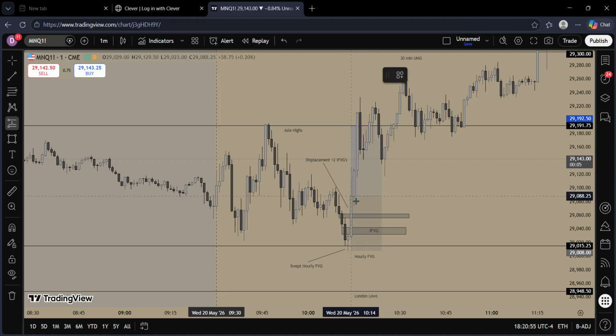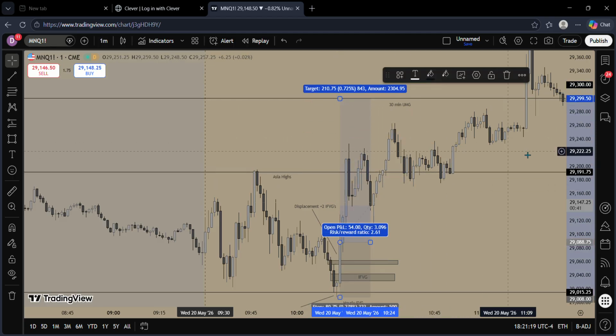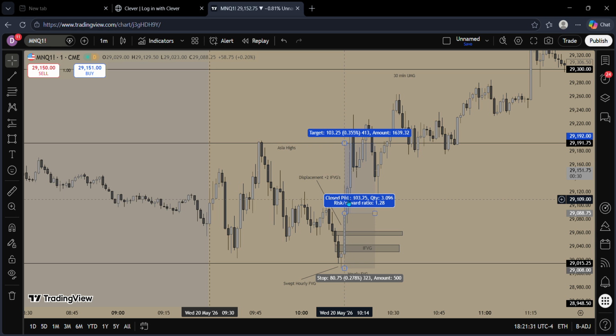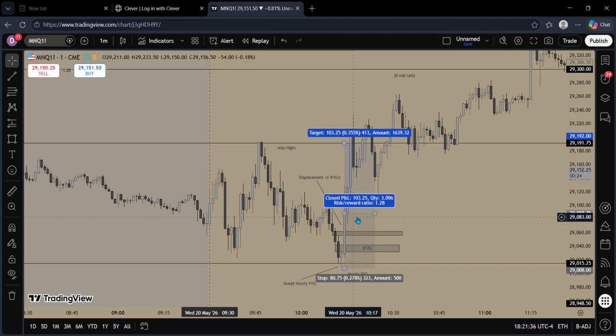My entrance was off the hourly fair value gap, off this candlestick close after inversing these 2 1 minute IFVGs, and then I targeted these Asia highs. Even though they were swept already, I still wanted to target that. I could have targeted this 30-minute unmitigated gap that was made during pre-market, and we would have hit take profit, but I wasn't trying to hold my trade all the way till 11:15. So we got take profit at these Asia highs within the first two candlesticks over here. 2 minutes of price action, hit TP. Got a nice little 1 to